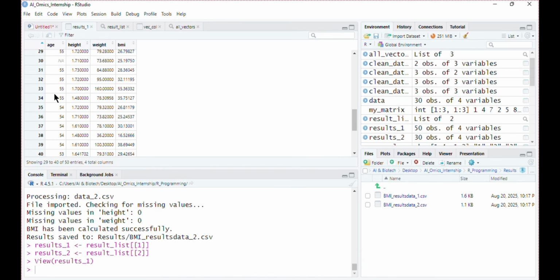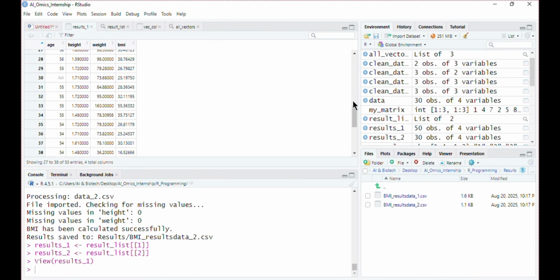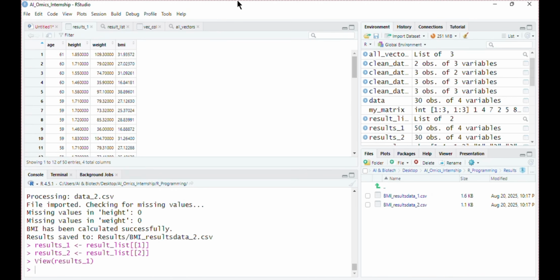That's why NA exists there. But in the height and weight columns, we now don't have any NA values that we previously had in our original data set.